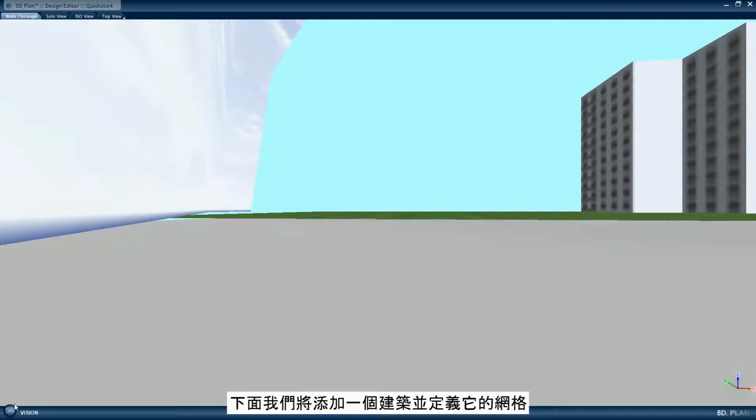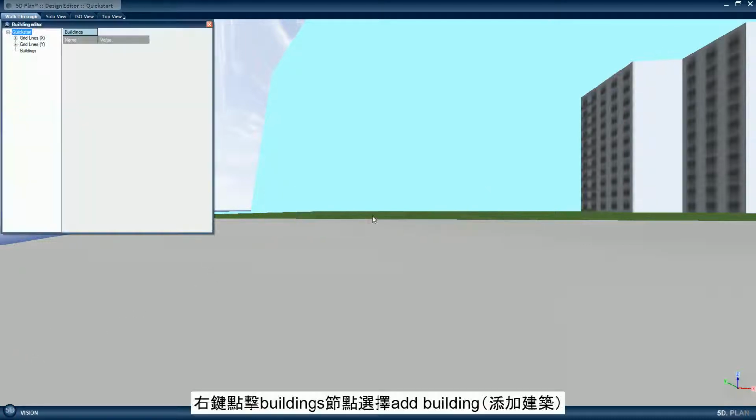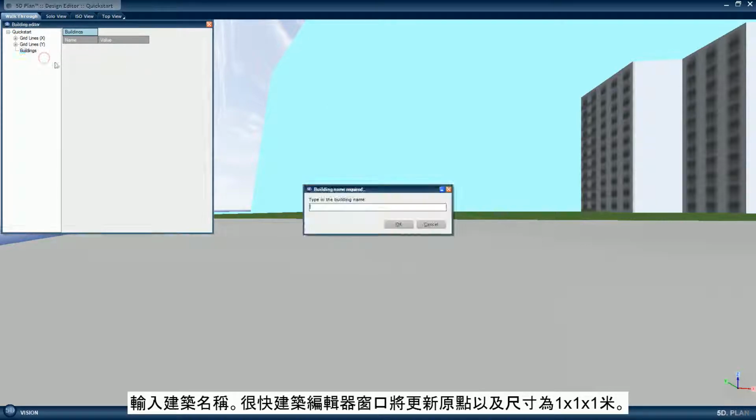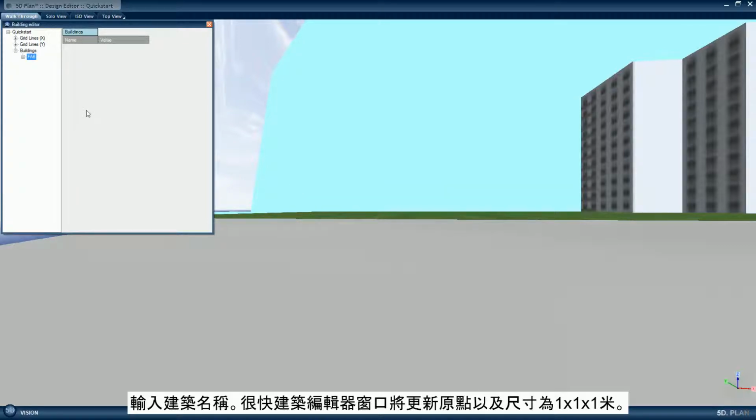Next we will add a building and define its grids. Go to the Building Editor. Right-click the Buildings node and choose Add Building. Enter the name of the building. After a short time the Building Editor window is updated with the building at the origin and size 1 by